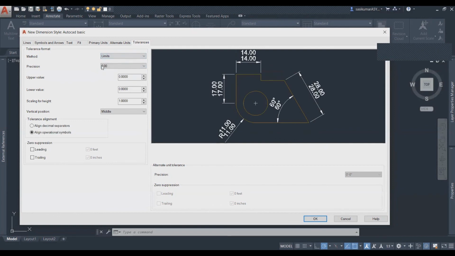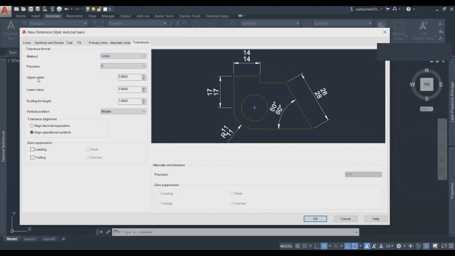If you want to take the limits, for example, your precision is 1. So that means upper value and lower value. Upper value is 1. Lower value is 1. Then scaling of height is 1. Just leave it. That means actually your drawing shows a 14 mm line.